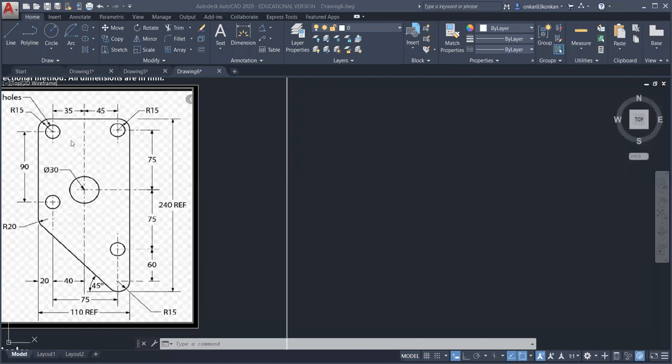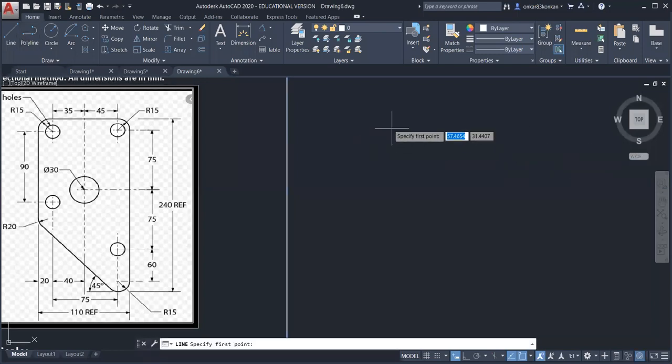Okay. But we have to draw this by using proper geometrical instruments. This is not a freehand drawing. So I have observed that students have drawn this by freehand. So these curves, we have to follow the fillet method. I have explained how to draw the fillet. Okay. So I will explain here how to draw this arc R15 and R15.